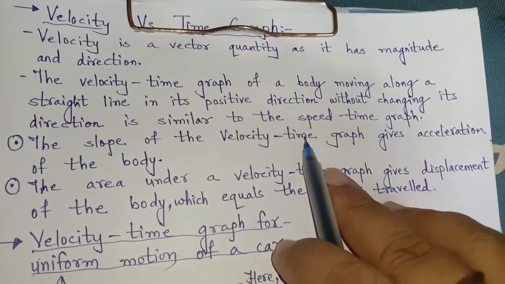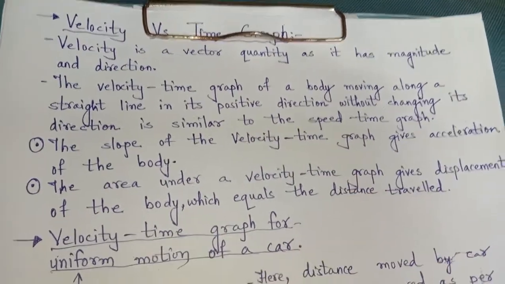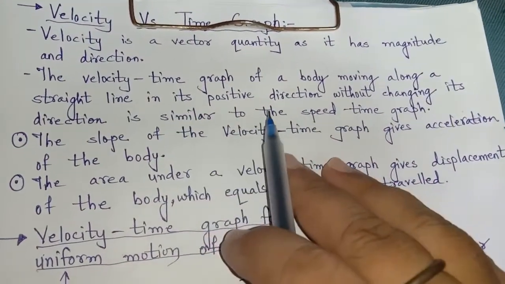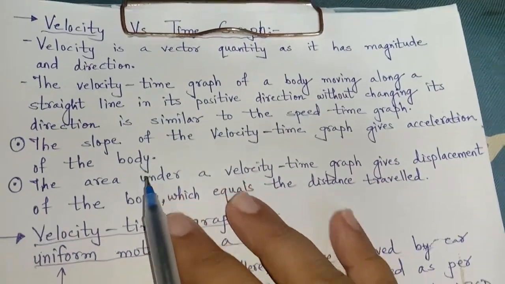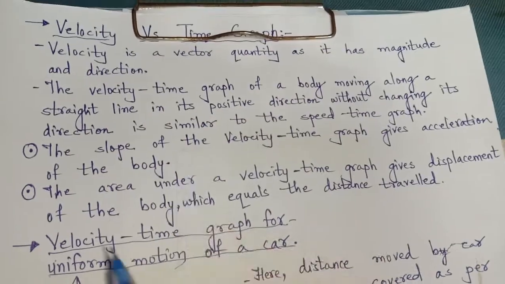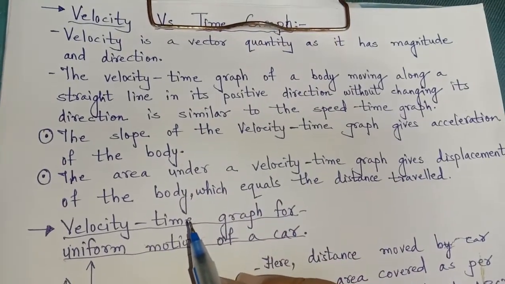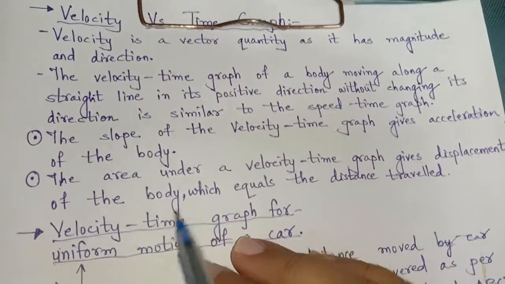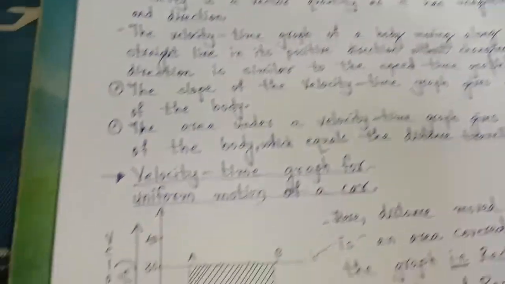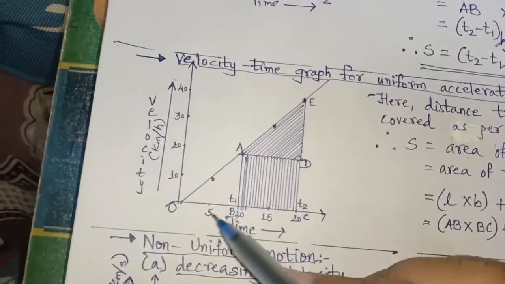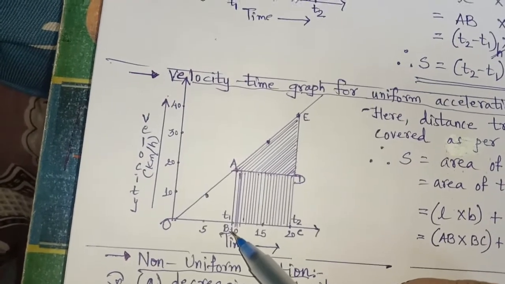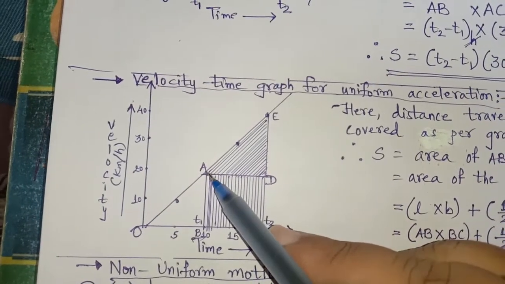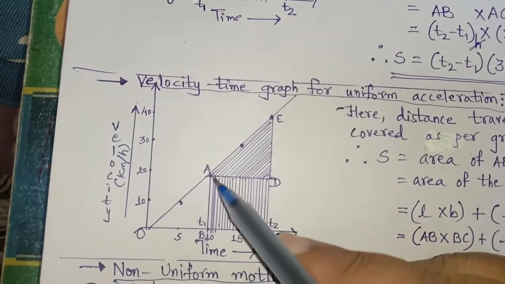And with this, we can get two different things. One, the velocity versus time graph for a body moving in a straight line in a positive direction without changing direction, so that will be in the same direction. And then, as soon as the direction changes along with the acceleration, we are able to get two different plots in the same graph like this. Initially, the body is not changing the direction. So, this is the velocity in the same direction.